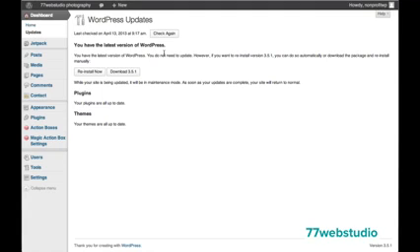WordPress version updates. The second thing I want to point out related to WordPress website security are plugins that you can add to help strengthen the security on your website and help protect your website. So two plugins that I recommend, there's many plugins out there to choose from, but two that are recommended include